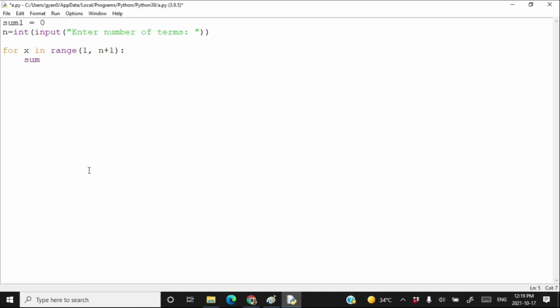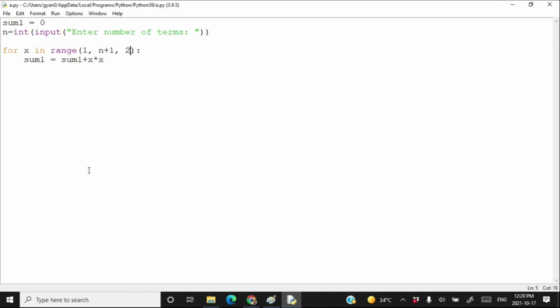Sum1 is equal to sum1 plus x into x. But here the step count should be 2, because after 1, 3 should come. After 3, 5 should come. So step count is 2 and we have to go up to n.